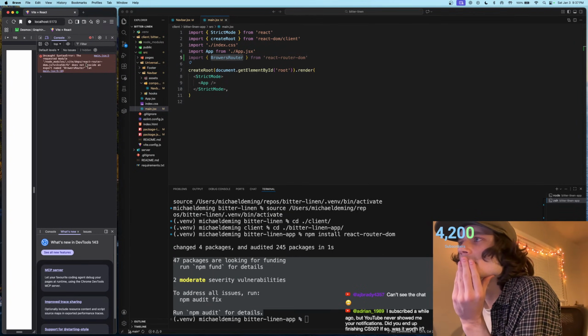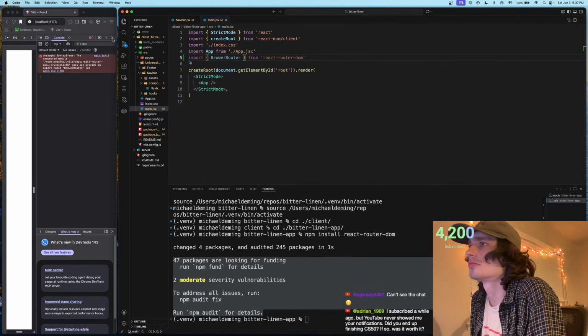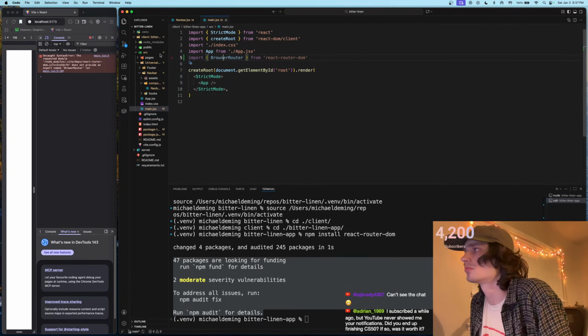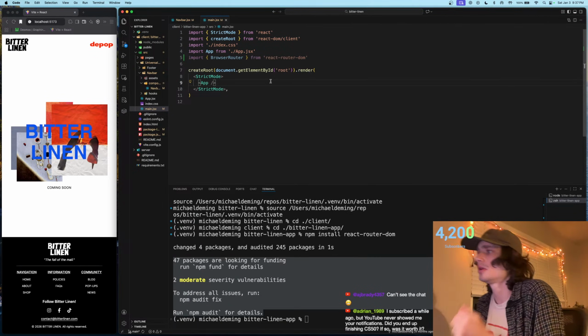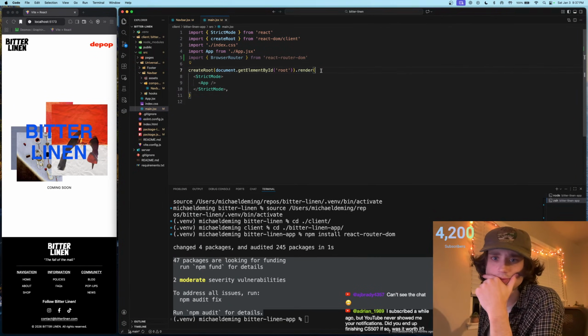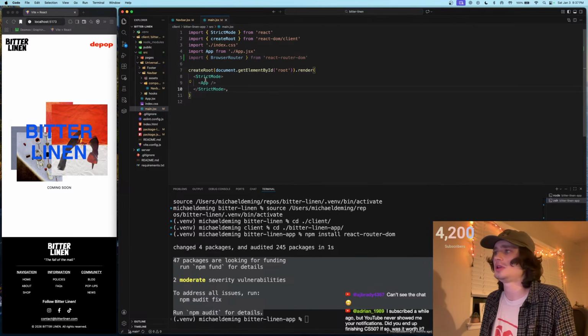The version module is not provided for browser. There you go. My bad. Okay, BrowserRouter, and then inside of here, we're going to insert the